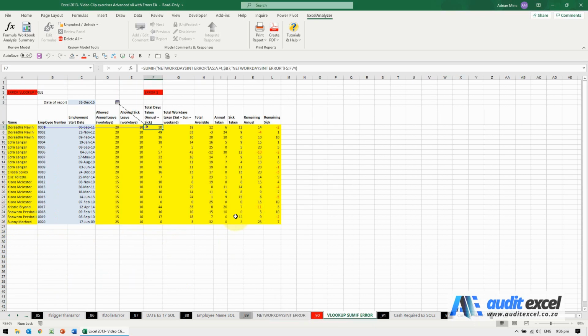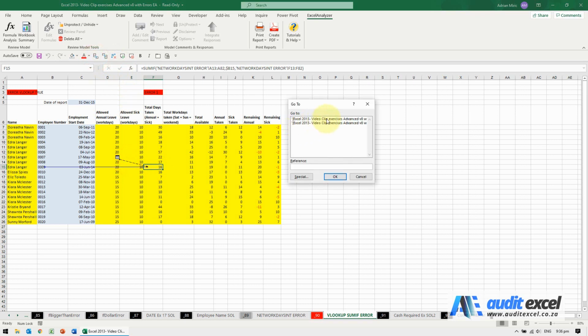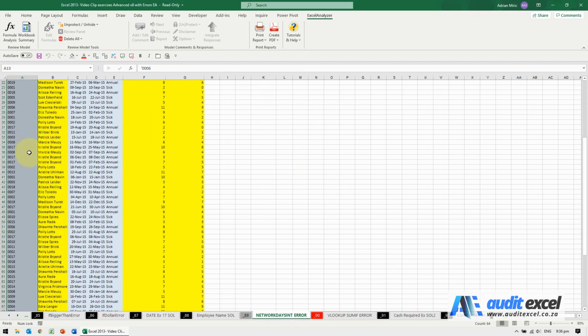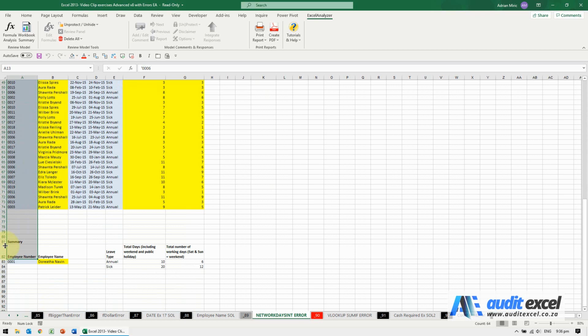But keep in mind that it's very rare that people make a problem in the first formula they build. So we shouldn't be looking here ever. We should go a little bit lower. So let's go to that one there. And now let's do a trace precedents. And let's look at what the criteria range is. And you'll notice because there's no dollar signs, it seems to have missed the top. And it's including some blanks.